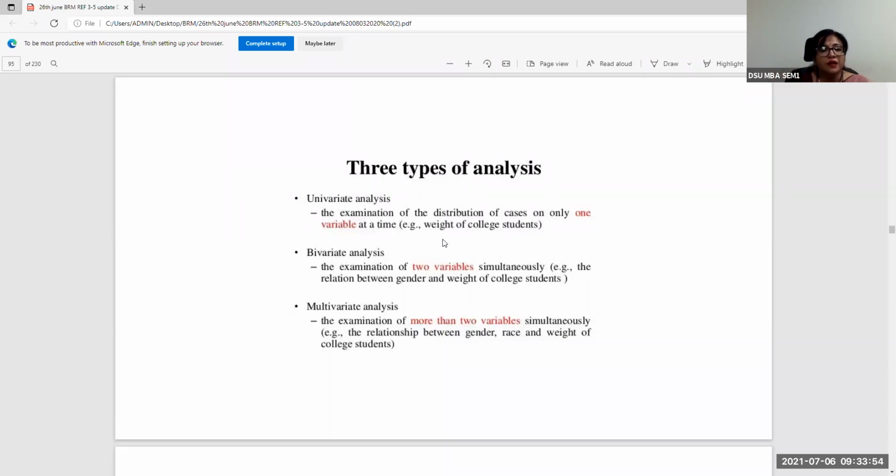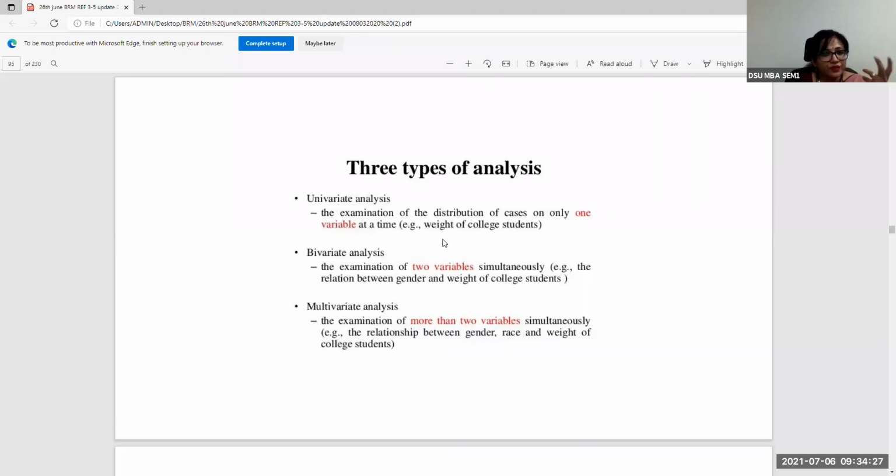income, and like that. Multivariate analysis, on the other end, is the examination of more than two variables, right? So it's basically three or more variables together. When you are analyzing them, it is multivariate analysis. So bivariate analysis was examining two variables at a time, and multivariate analysis would be dealing with more than two variables at a time. That is what primarily discriminant analysis or logit analysis or factor analysis, cluster analysis, multidimensional scaling deal with: more than two variables at a time, right?